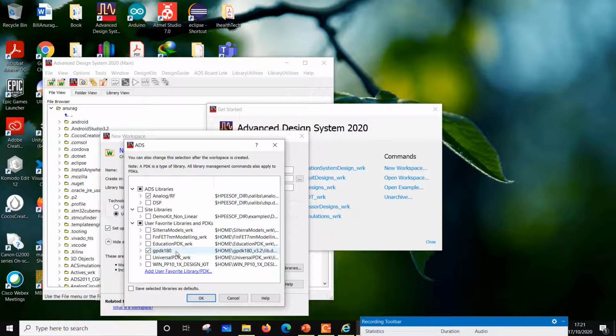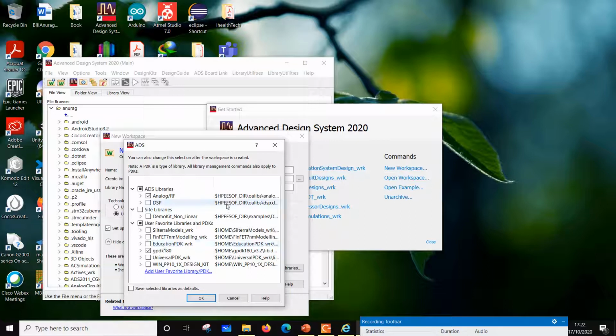180 means it's a 180 nanometer process, while this PDK allows you to do even one size smaller. It is 130 nanometer. So what do you mean by this 130, 180? This is the minimum gate length. A technology goes by the minimum gate length, right? So if the minimum gate length allowed is 180 nanometers, then it will be called 180 nanometer process. If it is 130, it will be called 130 nanometer process.